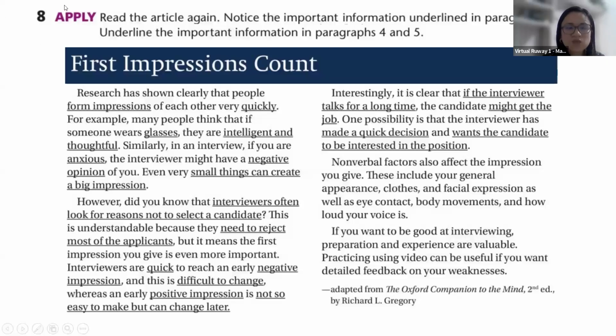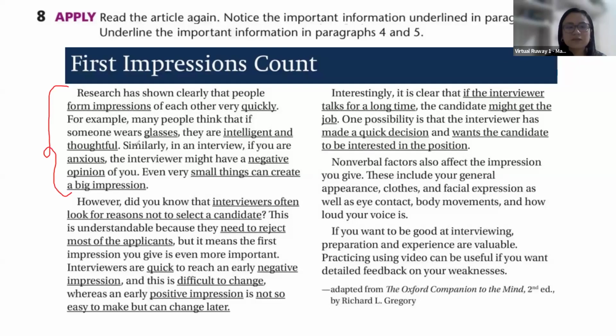But first, let's do activity number 8 before going to our note taking. So here it says, read the article one more time and notice the important information underlined in paragraph 1 to number 3. Underline the important information in paragraph 4 and paragraph 5. In paragraph 1, 2, and 3, we have underlined the important information, right? The keywords. For example, in paragraph number 1,